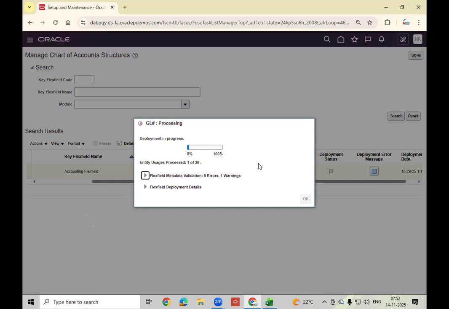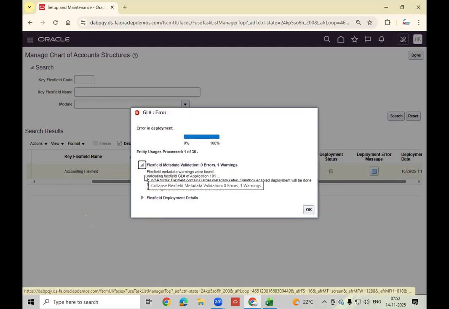Okay, here it will take a little time. Let it complete. See, one warning is shown. Yeah, it failed. It is showing one warning.